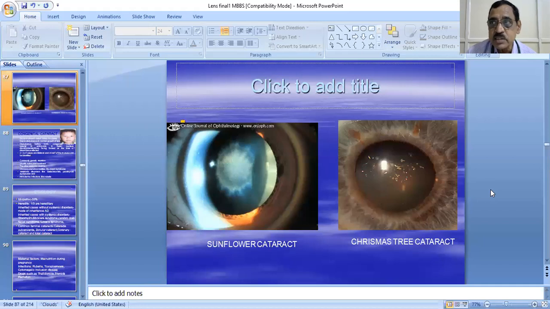Okay. So next, you will have to see the periphery of the retina also. In case of myopes, there can be degenerations or retinal holes, all these things. These things will have to be managed prior to the cataract surgery with lasers, so that there will not be any retinal detachment in the post-operative period.